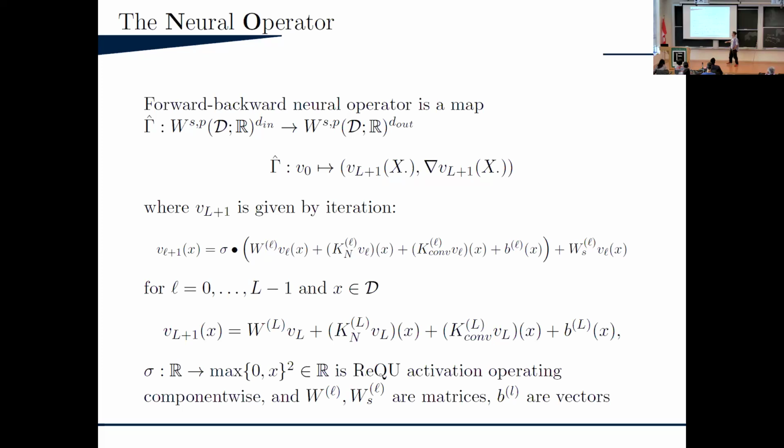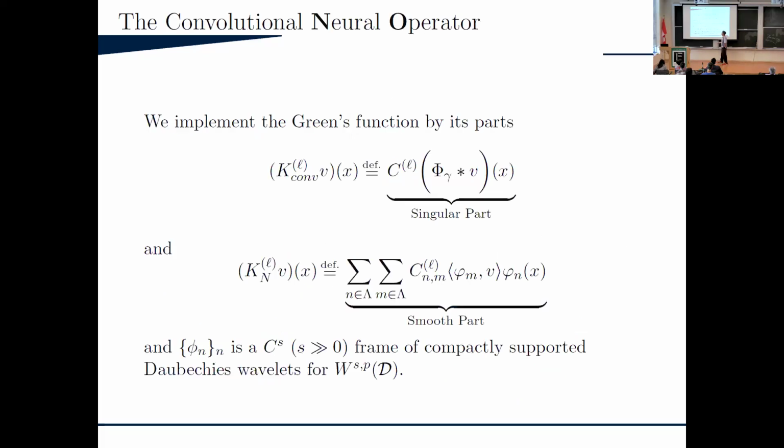Specifically, you're going to be choosing the square of the ReLU function for a highly technical reason, so it's called ReQ. That's what sigma is, and the black dot means component-wise composition. You do this again and again and again. The number of times you do this is the depth, the layers. At the last layer, you do it one last time, but without applying the component-wise nonlinearity. So it's a really direct analog of the finite dimensional neural network, except there are these convolution operations at each layer. Now, what are these convolution operations?